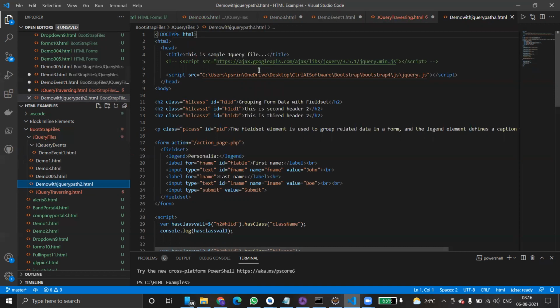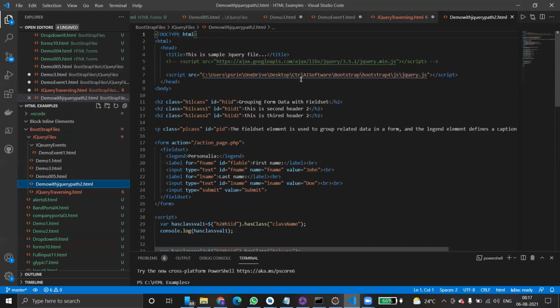There are two ways to add jQuery to your HTML code. One, we can directly use an inline link. Inline means an online HTTP link. If you add this link, automatically your HTML starts recognizing your jQuery commands. Otherwise, it does not. Second, you can download jQuery. As I told you, you can go to get jQuery and download the jQuery.js file, put it in your local system, and then add that location in your HTML code. There are multiple ways. Either you can use it directly from the internet, or you can use it from the local system.